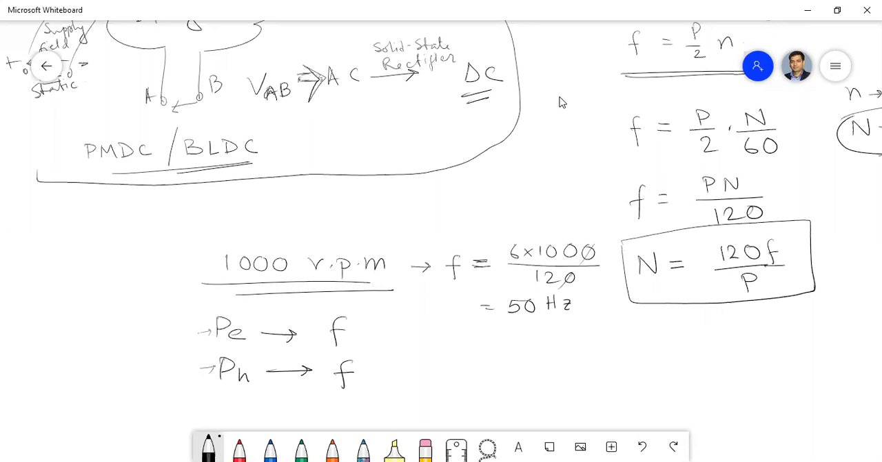That means the eddy current loss will be proportional to this 50 hertz, and the hysteresis loss also. So therefore, generally we laminate the armature core, because it experiences the reversal of magnetic flux. Now what about